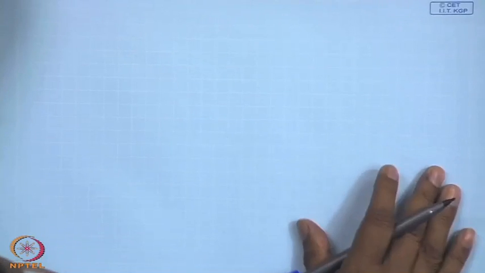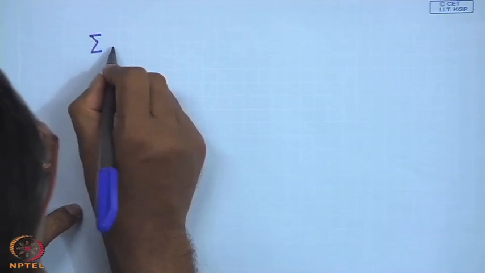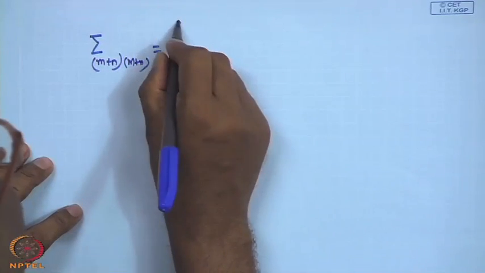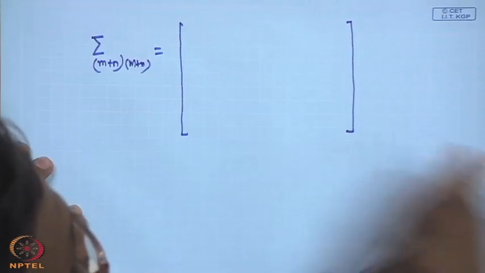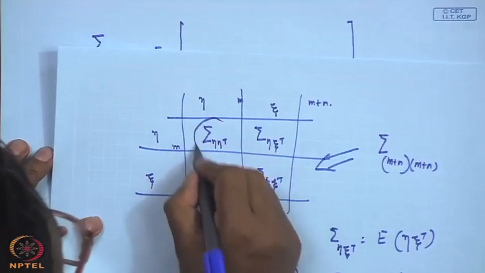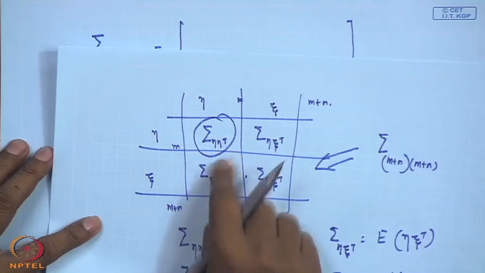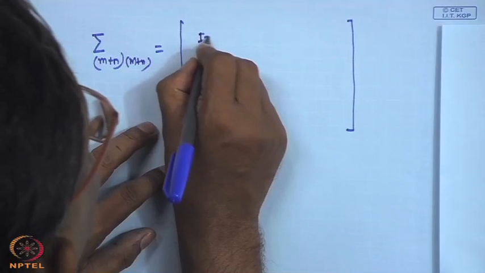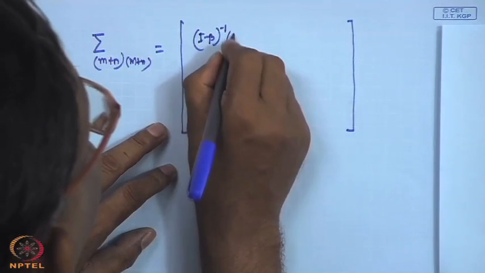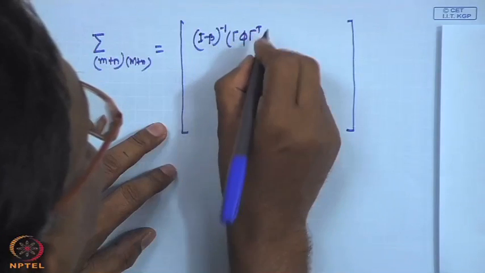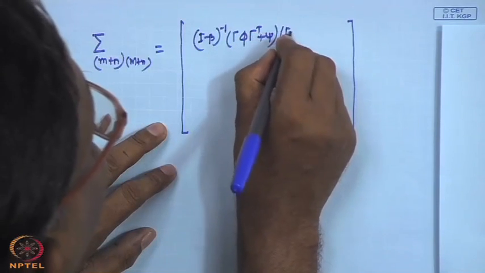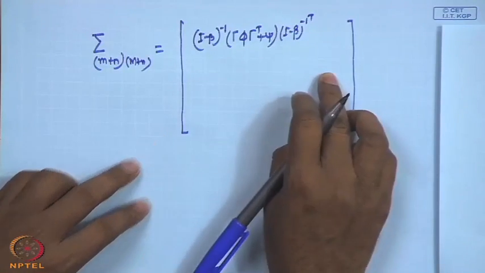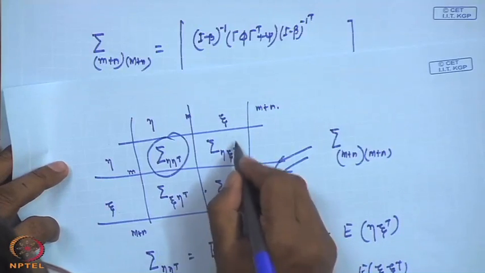So, if I say that my covariance structure is this, which is m plus n cross m plus n, my first part is, as we have seen earlier, sigma eta eta transpose, which is the covariance of this, which we have already found out. This is I minus beta inverse, then gamma phi gamma transpose plus psi, I minus beta inverse transpose. Okay, first part you have written. What is our second part? Second part is